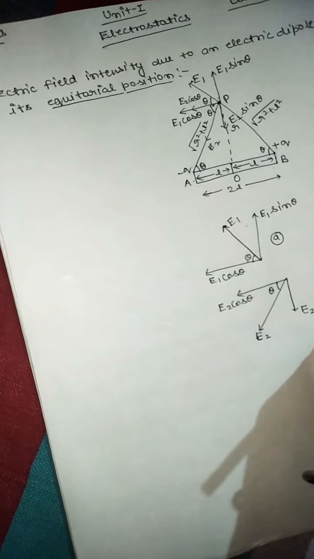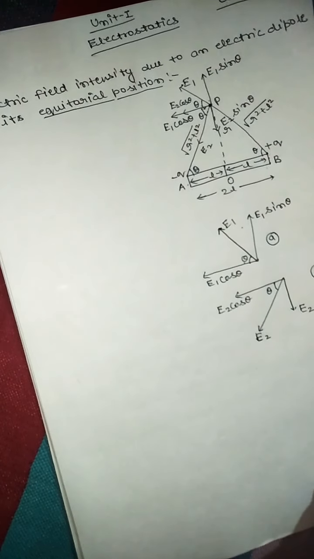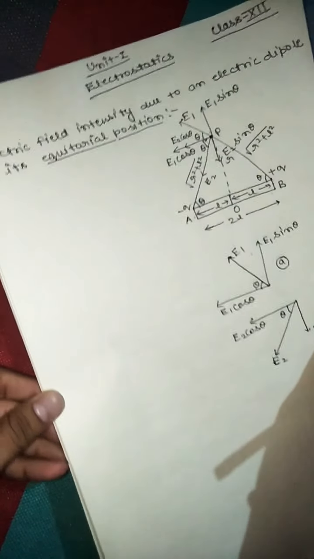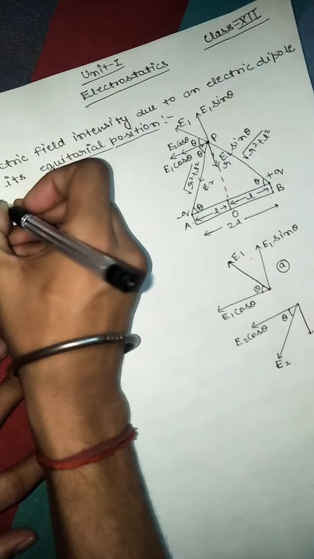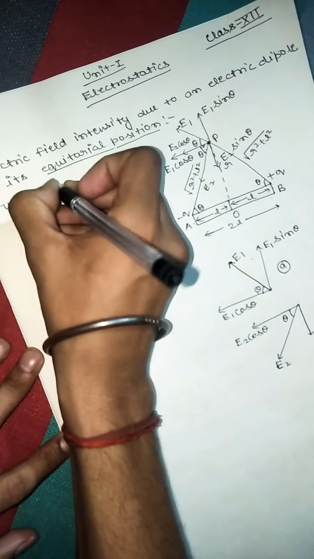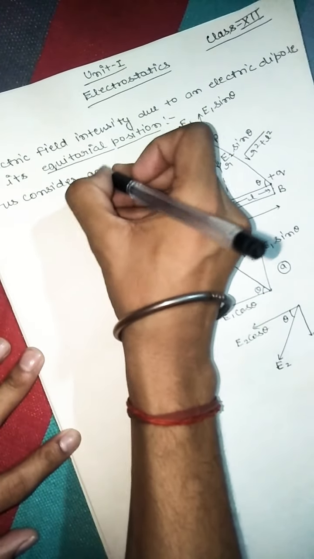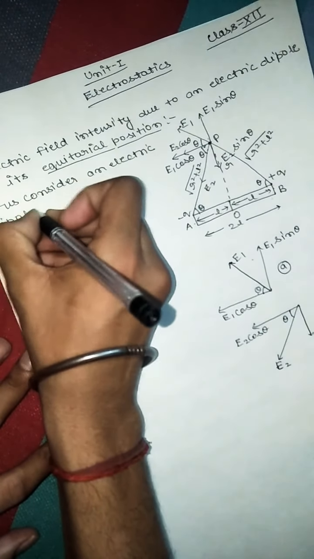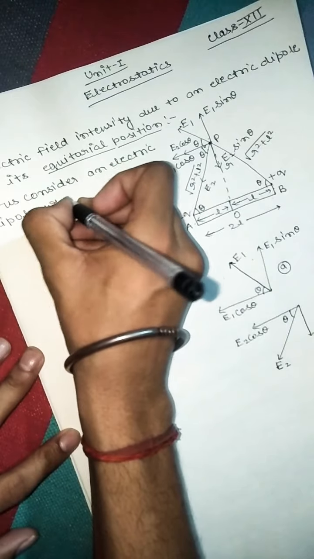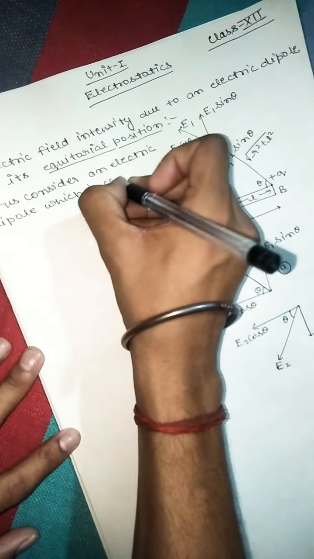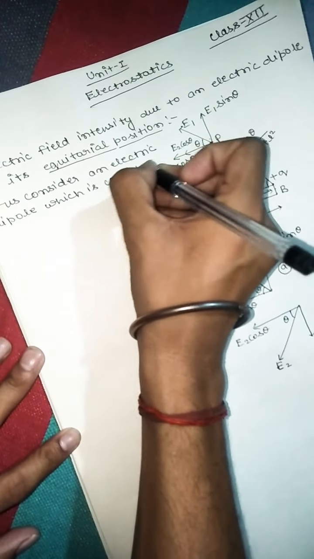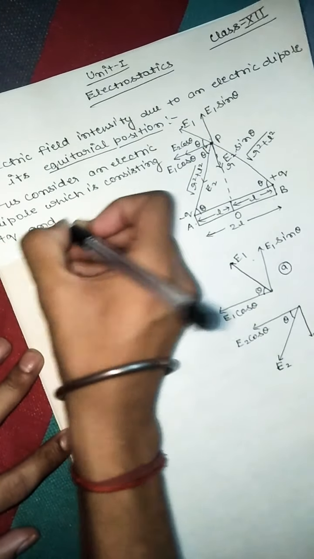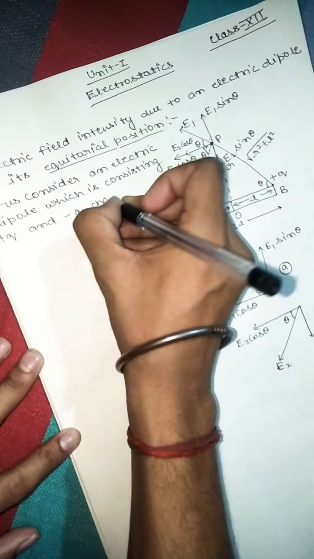So what we have considered, I'm just going to write these considerations. These are very important considerations in derivations. So I'm going to write all these considerations. What we have considered: let us consider an electric dipole which consists of plus q and minus q charge,